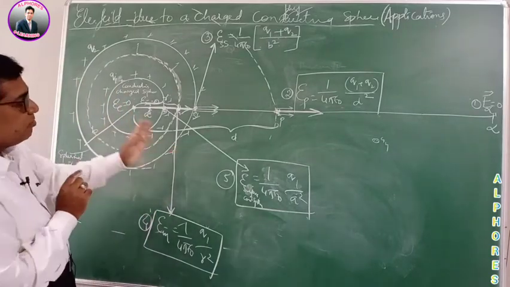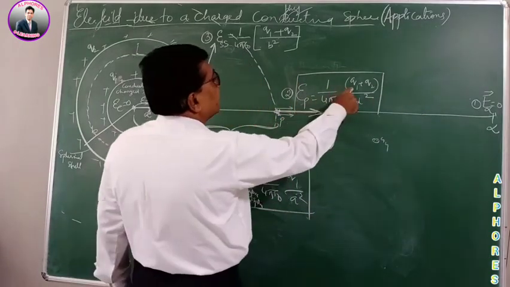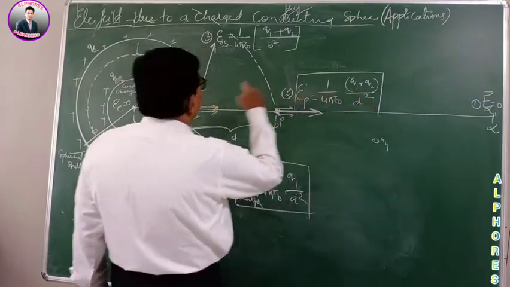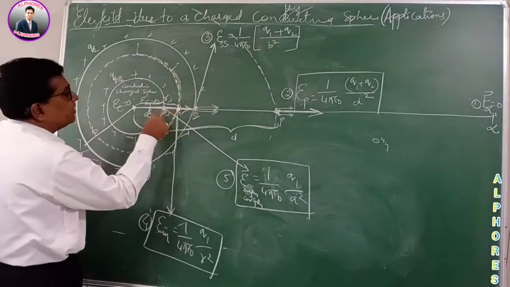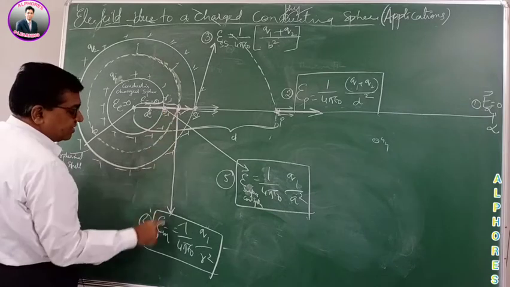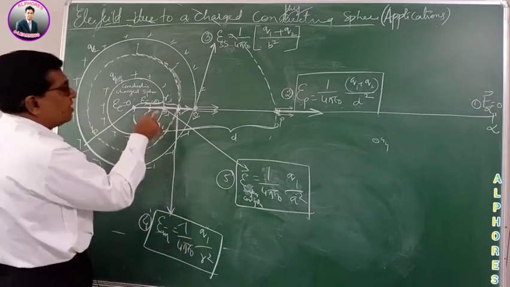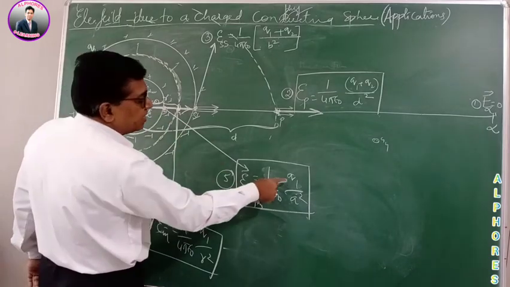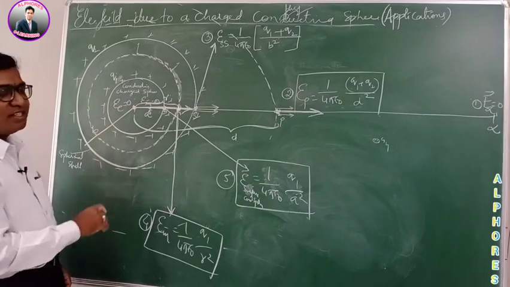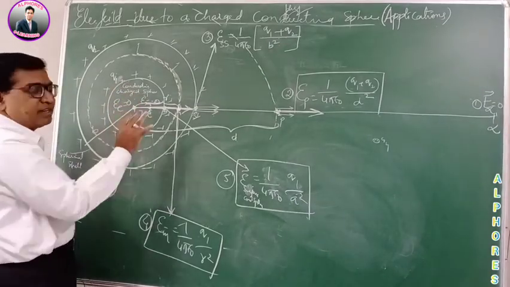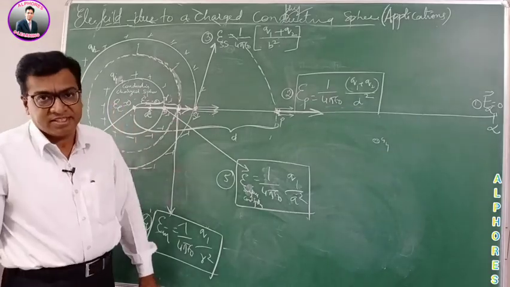So for these points, first, at infinity it is 0. At an outside point, it is total charge by d square. On the surface of the shell, total charge by b square. In between the two spheres, it is the charge due to only the conducting sphere by distance square. On the surface of the conducting sphere, Q1 by A square. And at inside points, at all the points, it is 0. At any point inside the spherical shell it is 0. Right? So this way you can find the electric field due to the combination of the things. Thank you.